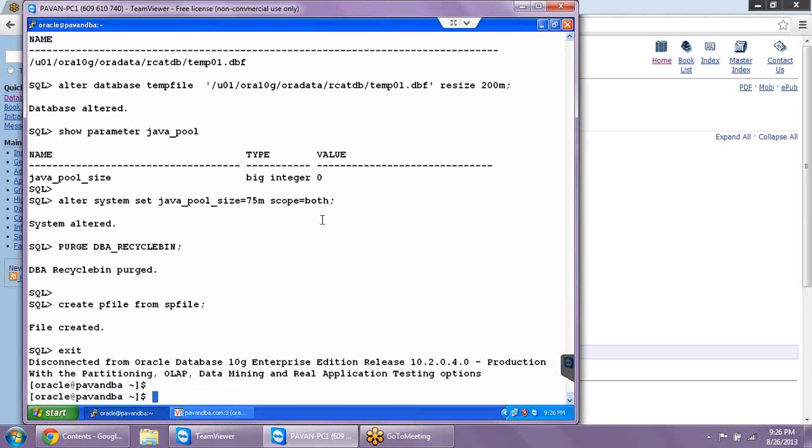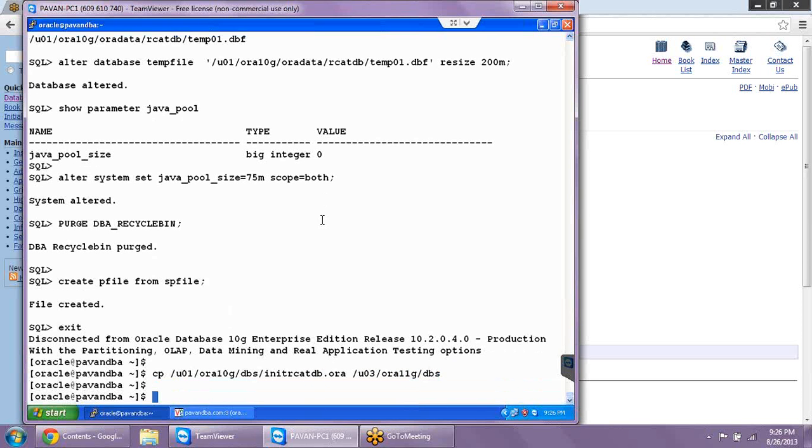After creating the pfile, we need to copy this pfile from the existing location to your 11g Oracle Home dbs location. As of now, this pfile exists in the 10g Oracle Home dbs location. We need to copy that into the 11g Oracle Home dbs location with the same name. Then we need to make some changes regarding Oracle Home and so on. Let me show you that. But well before that,